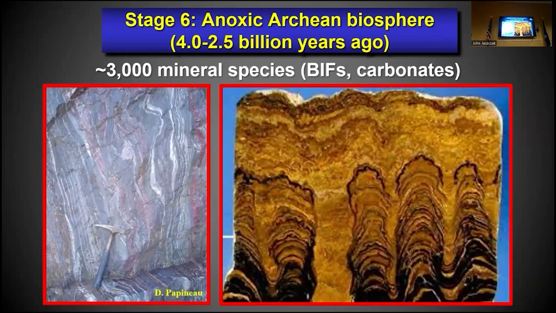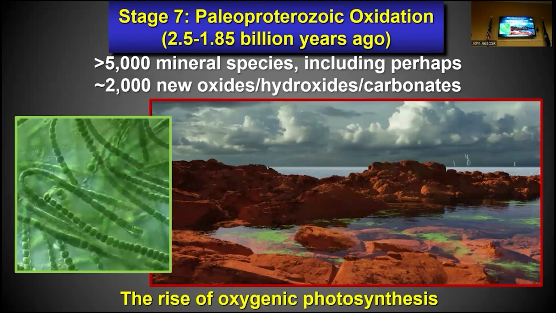Now, stage 6 makes these beautiful stromatolitic forms, makes banded iron formations, makes other kinds of things where microbes do a lot of the mineralization here. But we're not making a lot of new minerals. What the microbes do is they just speed up the formation of minerals that probably formed anyway. The game changer is when life learned how to use sunlight to break water apart and to release oxygen. That's photosynthesis, and that rise of oxygen in the atmosphere essentially rusted the planets, but not just iron.